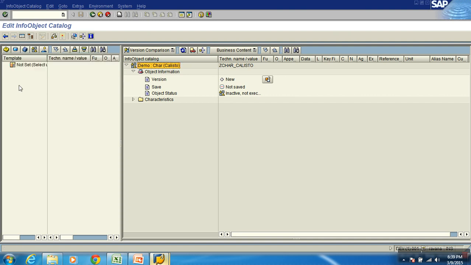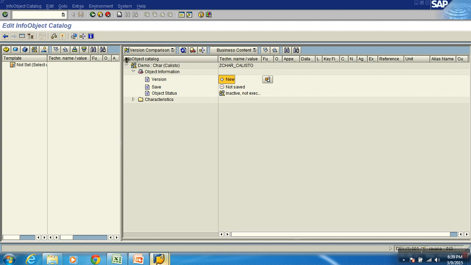Good. Now you have a folder which tells you the versioning of the object. I told you you can only use an object if it is in the active version. But when you're trying to create the object for the first time, you would see the version as new. Once I define its properties and activate it, it gets into the active version. After activating, if you make some changes to the properties, it comes into the revised, modified version, and to get it active again I need to activate it back. Whereas business content objects will be in the delivered version.